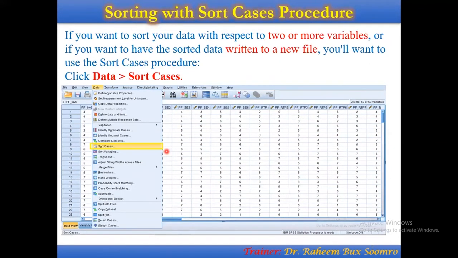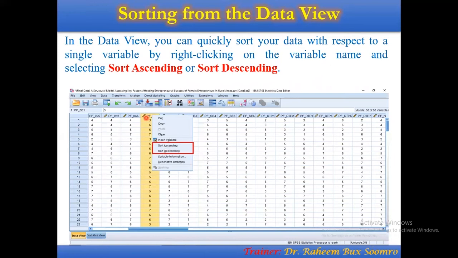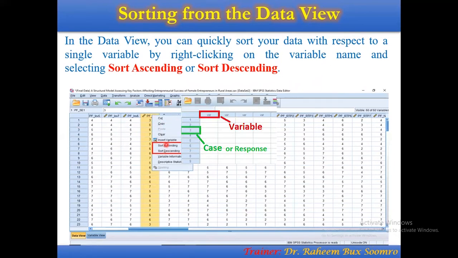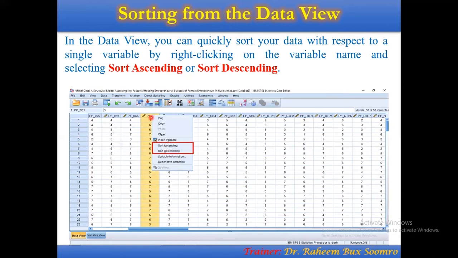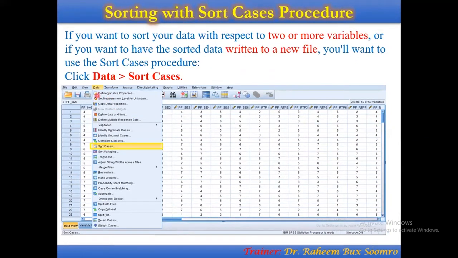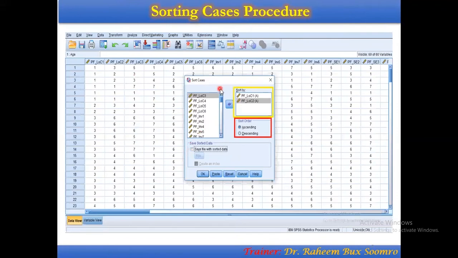At one time you can rearrange ascendingly or descendingly only one column. But if you want to rearrange or sort multiple columns, then this technique can help you. You are required to go into Data and select Sort Cases. Now you will get this pop-up window, Sort Cases, where all your variables are shown in this list, and you can transfer the variables of your choice from this window to the Sort by window.